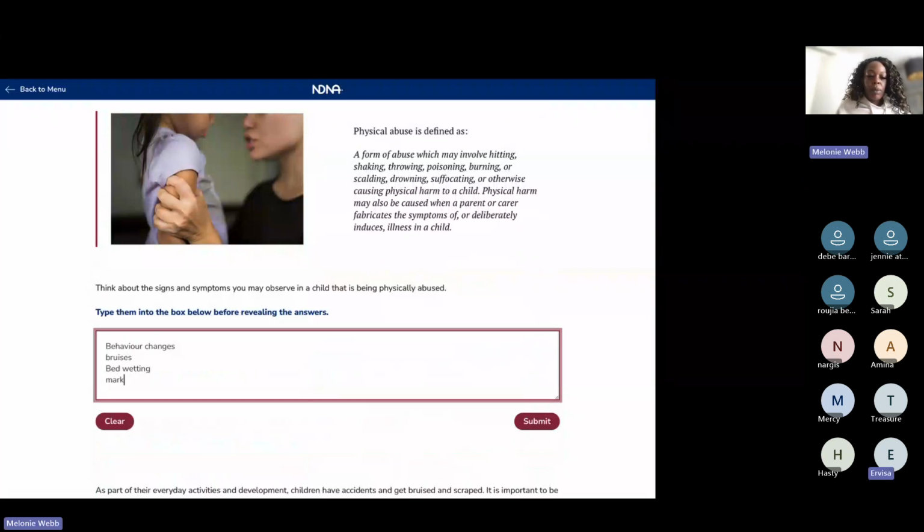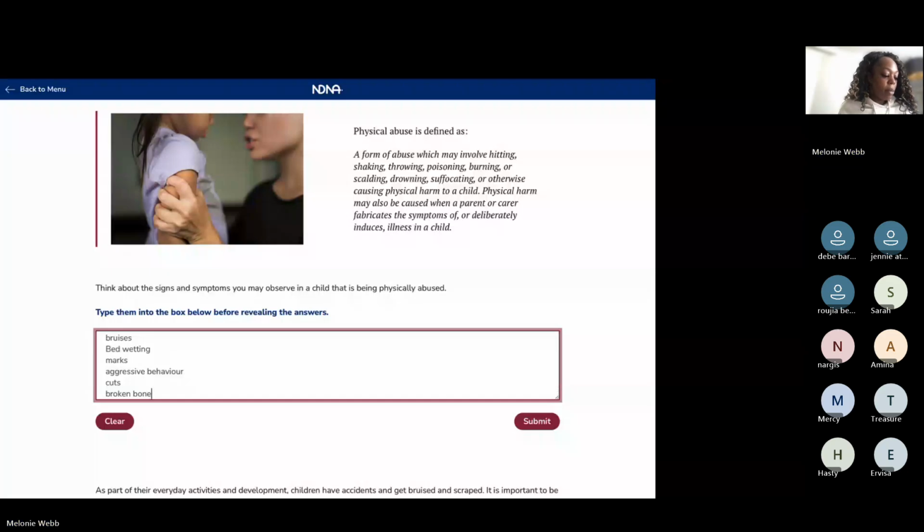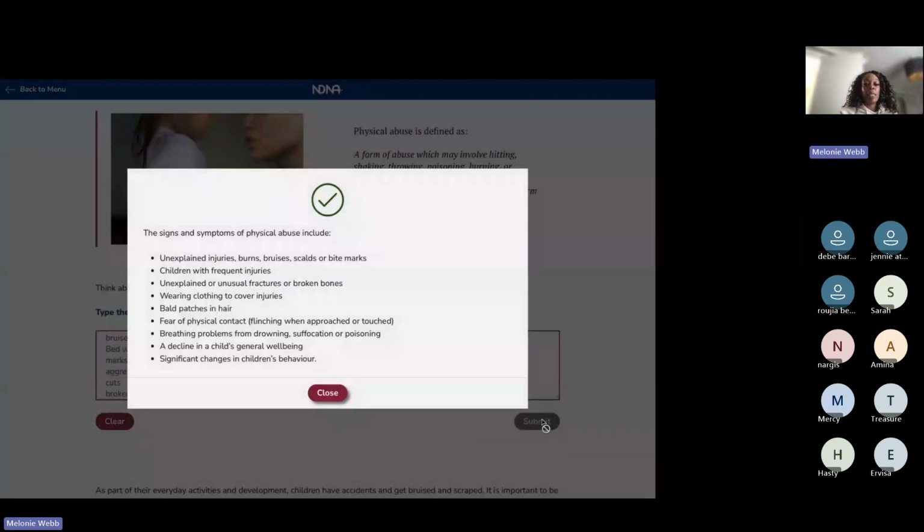Bad weight, we have changing, hitting, punching, kicking. Well, that's a good one. Was that you, Treasure? Actions towards others. Yeah, and repeating the behaviour. Lovely, thank you. So we've got unexplained injuries, burns, bruises, scalds, marks, children with frequent injuries, unexplained or unusual fractures